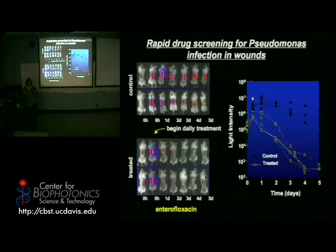And similar to the cancer field, we've been using bioluminescence to look at different drugs to treat bacterial infections using luciferase-labeled, in this case, Pseudomonas. And these animals up here have the bacterium associated with a wound on their backs, and then we've been investigating different antibiotics and their effect on killing off those bacteria over time. So it's becoming, again, a discovery tool for a quick readout of therapeutic efficacy and what does or does not work for